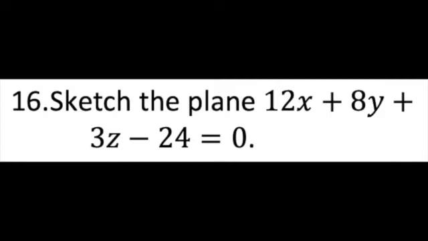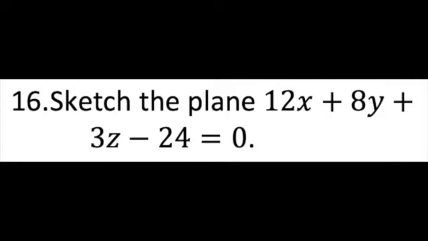In number 16, we're supposed to sketch the graph of 12x plus 8y plus 3z minus 24 equals 0. This is a plane. Now, it's got all three variables in it, so that means it's going to be easier for us. This plane is going to cross all three of the coordinate axes, and so we just need to figure out where does that happen. So, for instance, where does it cross the